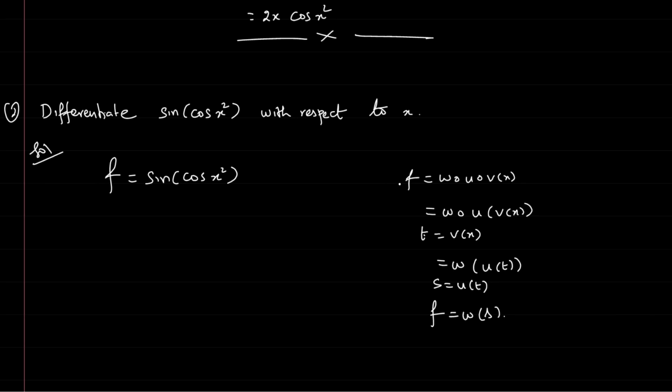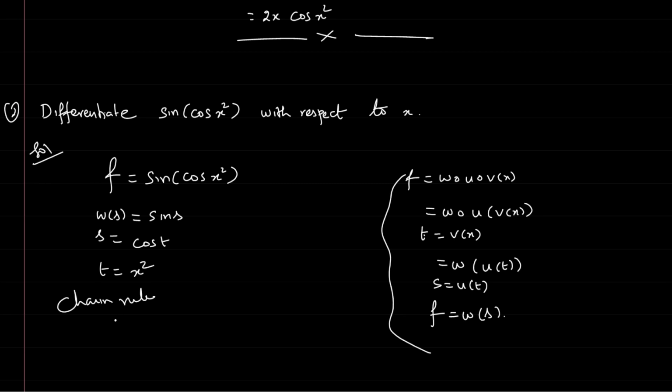So if you compare these things with this problem, w of s is the outermost function. I am going to write this as sin s, and s is equal to cos of t, and t is equal to x square. So by the chain rule, df by dx is equal to,